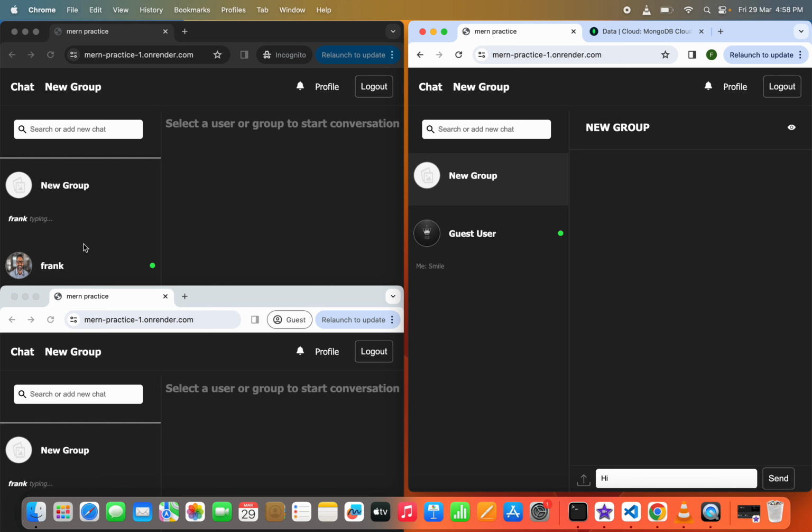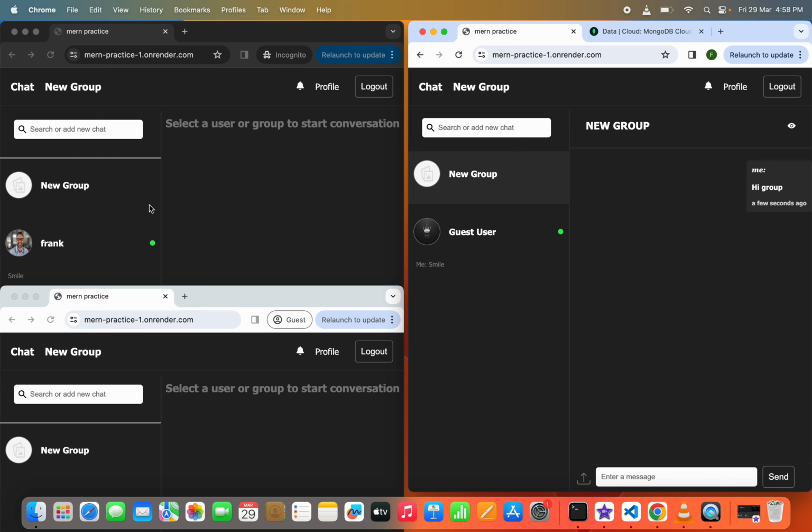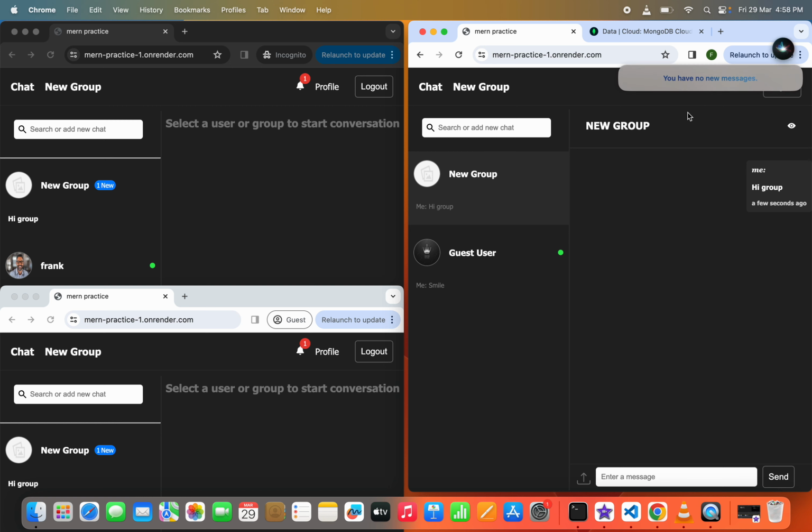Okay. As you can see, both are showing at the same time. Once I'm typing, you can notice the typing animation going on at both users. So if I watch, you see both receive the message. Oh, what is this? Sorry about that. So now, as you can see, both users receive the message, so the three users can communicate